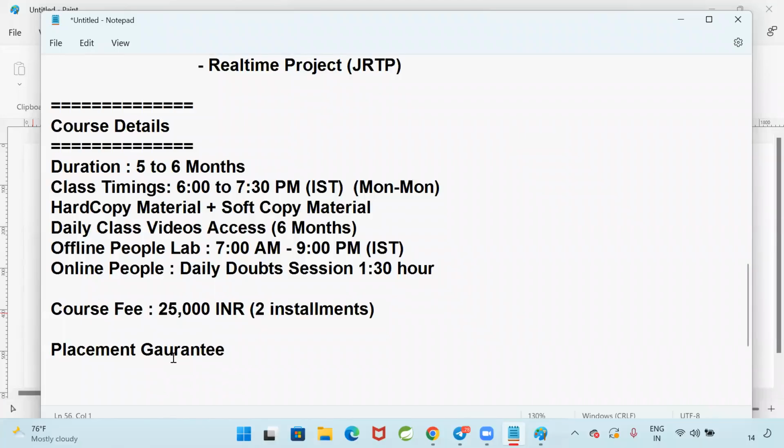I want limited strength and I want quality strength. If I get 10 people only, no problem. I'm happy, but those 10 people should have dedication and commitment. Then only we can get success. Unnecessarily taking hundreds of people without monitoring, without doing the assignment, there is no use. This is my first batch. I want to prove that our students are also good in full stack development. Got my point? So you need to follow the rules and regulations.